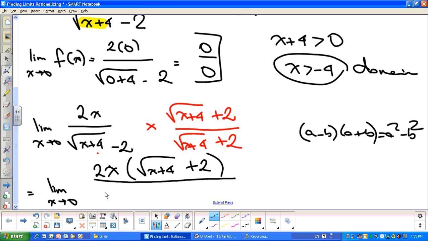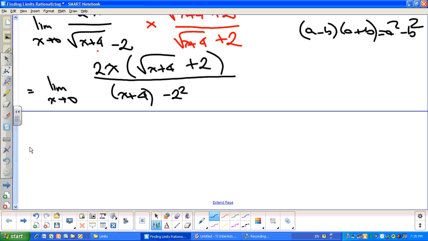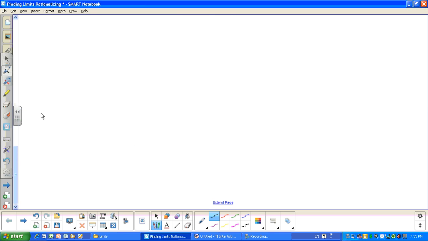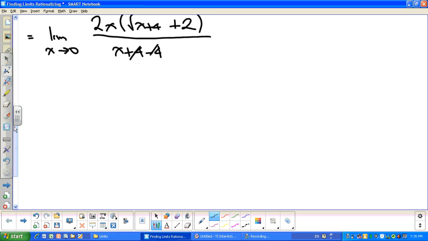So it's going to be square root of x plus 4 squared minus 2 squared, which becomes limit as x approaches 0 of 2x times square root of x plus 4 plus 2, divided by x plus 4 minus 4. So it becomes limit as x approaches 0 of